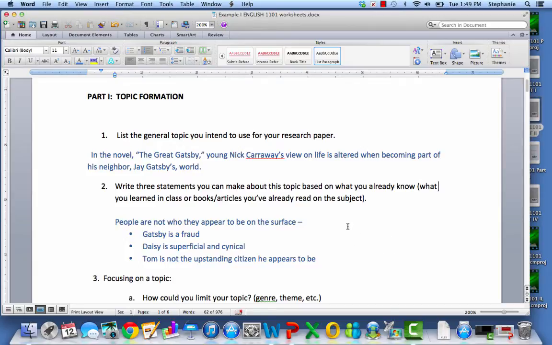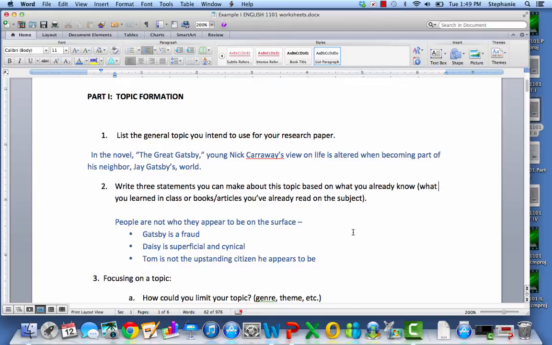we're going back to number 2 here. Based on just reading the novel and remembering some class discussion from way back when, I want to focus on Nick Carraway and how he, as an impartial narrator, sees everybody. So we're talking about people not being what they appear to be on the surface. So I know